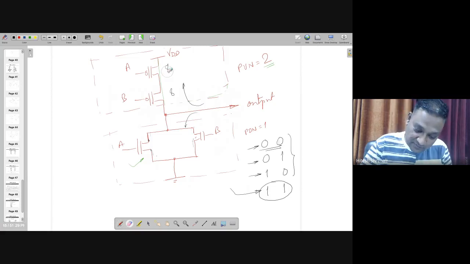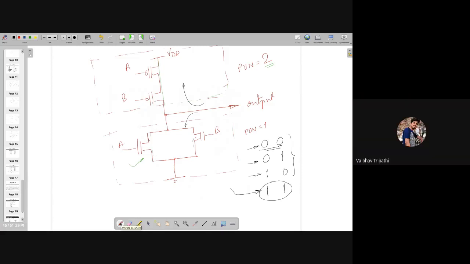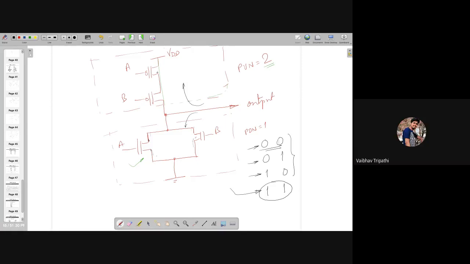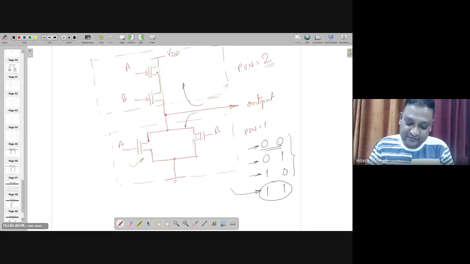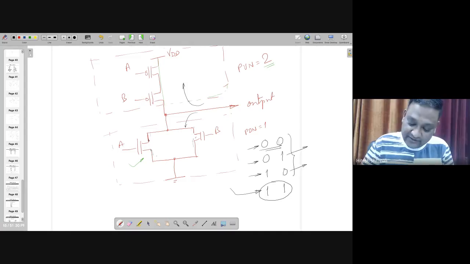Sir, but in the last 2 cases, meaning 0-1 or 1-0, there will be the up network, and this will not be an open circuit. No, one of the transistors is off, right? Yes, sir. One will be off. Then in one case it will be a short circuit and the other will be an open circuit. Then how will the circuit be complete? So in that case, it is from here, right?